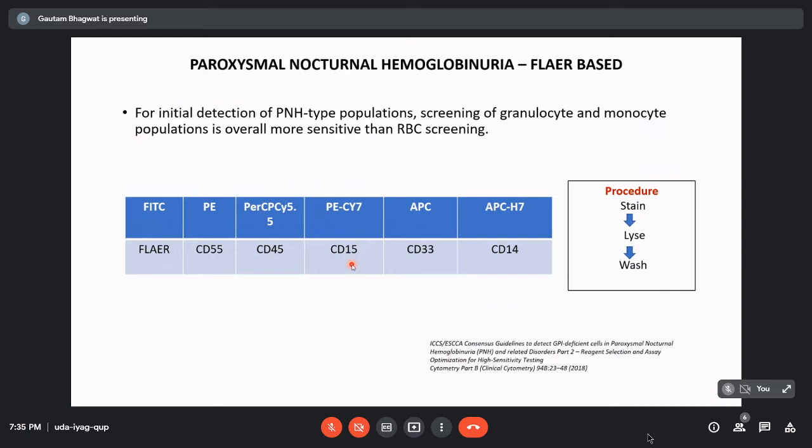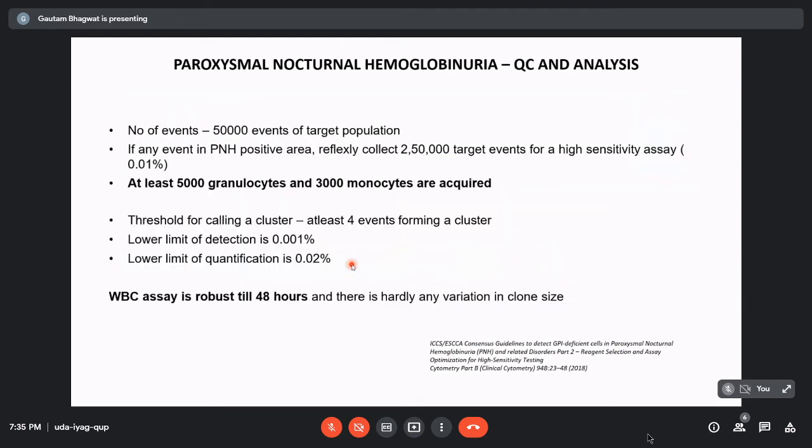RBC screening can also be done, but we usually do granulocyte and monocyte screening, because any two, if done, is good enough as per the guidelines. The procedure is stain, lyse and wash. So first we analyze 50,000 events, and if we find any population in the PNH positive